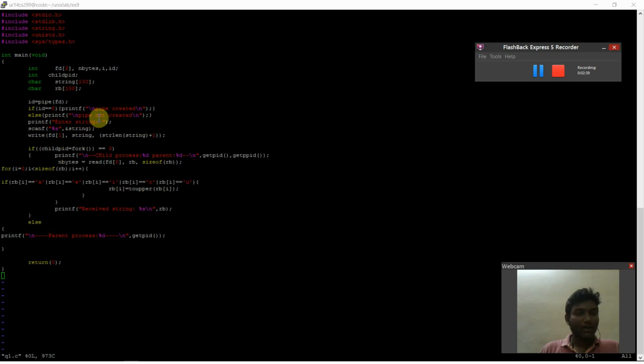Now I'll take a string and write that string. As you have seen in experiment number 7 how the write function works, I'll pass the file descriptor, the string buffer, which as we have declared is a character array, and the length of that string. Now if the child PID from fork is equal to 0, meaning it's the child process, then I'll get the